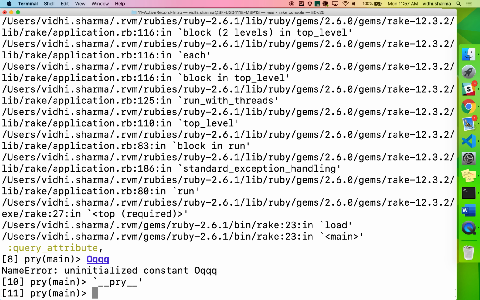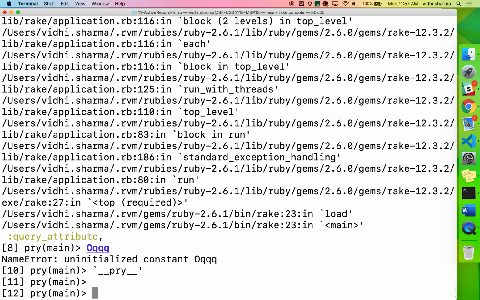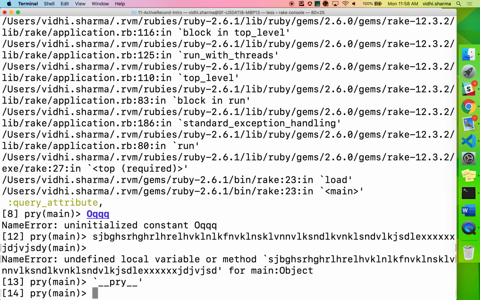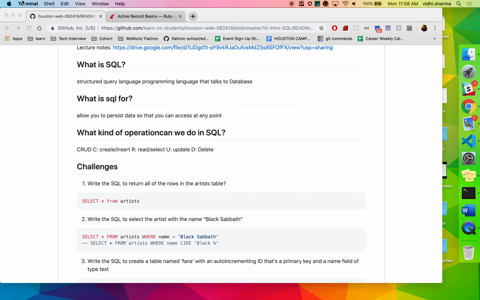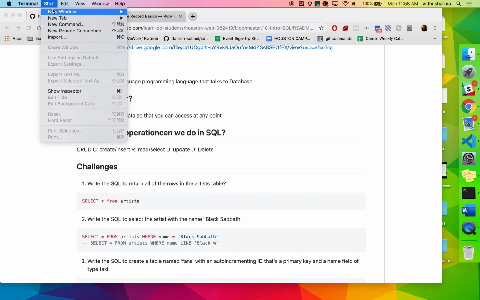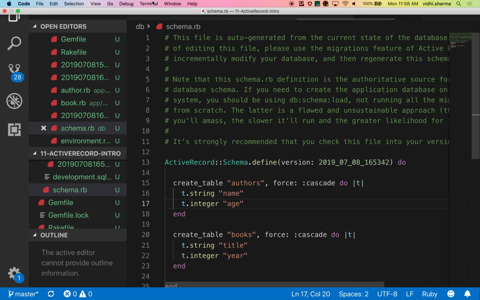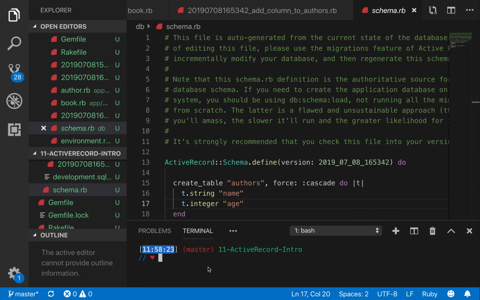I need to exit it out. Oh my god, what happened to this? I'm not able to type anything in here. Okay. Shoot. Close it, right? Terminal. Never mind, let's open it from here, otherwise I need to cd in there. And if we do rake console,